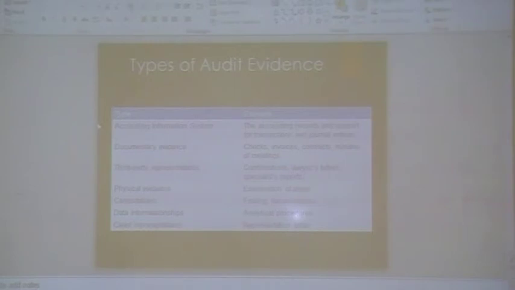Then further audit procedures, test the controls, when appropriate, to test the operating effectiveness of controls in preventing material misstatements, and then substantive procedures, to detect material misstatements at a relevant assertion level. Substantive procedures include analytical procedures, test of details of account balances, transactions, and disclosures. And if you go over to the next page here, we've got analytical procedures. So test the details. We test the account balances, test the classes of transactions, test the disclosures.